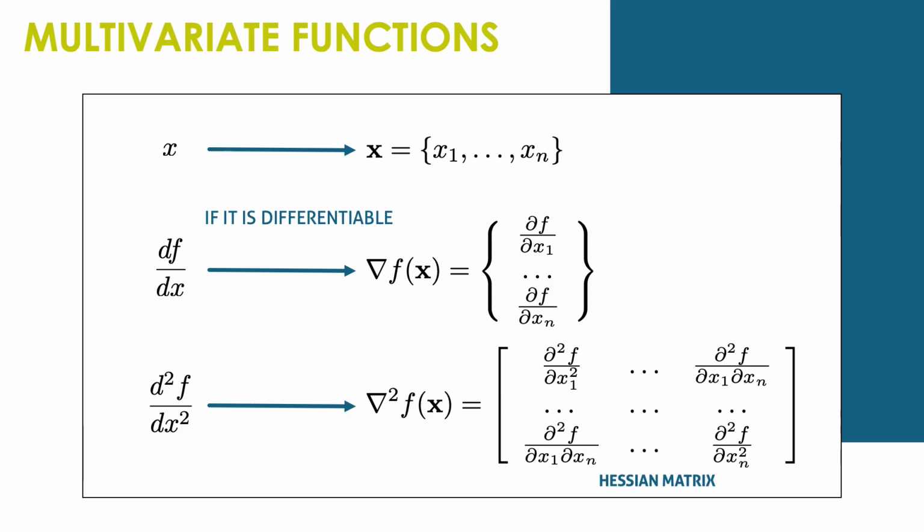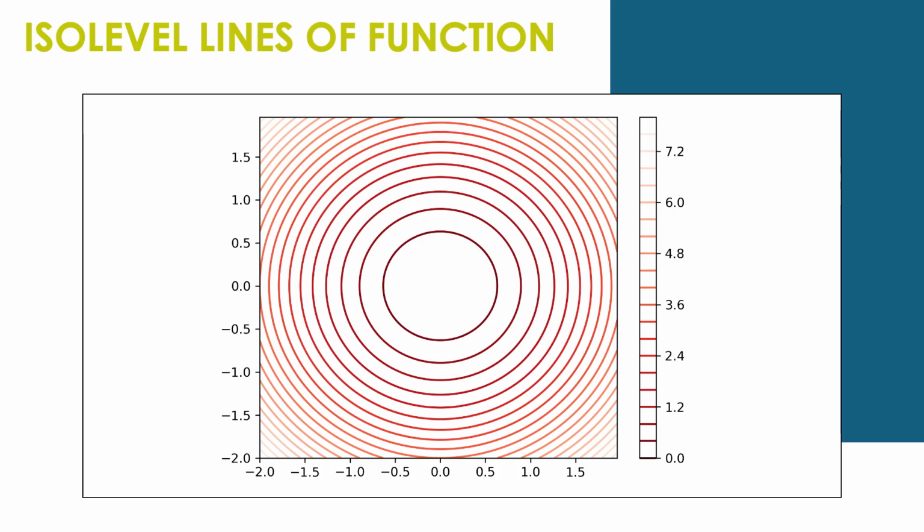So actually the matrix is symmetric, it is an n times n square matrix. In our problem, if we are lucky enough to have a two-dimensional problem, we can make some visualization, and we will try to do this whenever it is possible. If we have the iso-level lines of our function, we know that the gradient of the function is orthogonal to the tangent at the iso-value line.